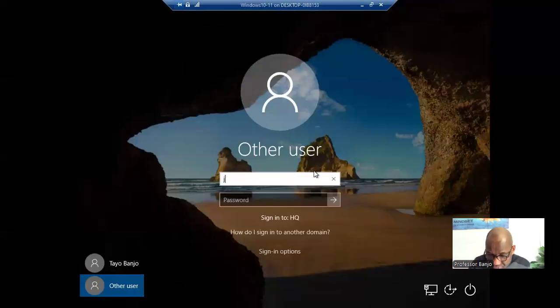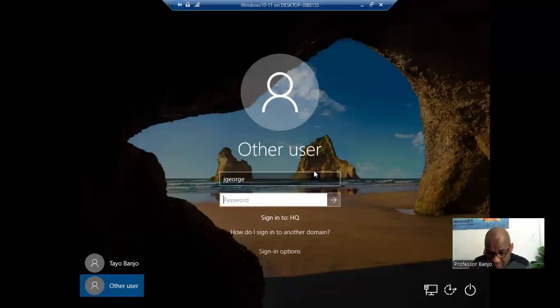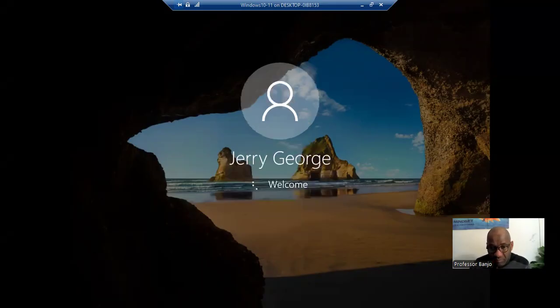All right, so J George, G-E-O-R-G-E, and all right. So if the user is a first time user, it will ask you to change the password, but I think I've already logged in with these guys before. So this computer,